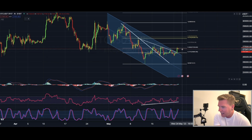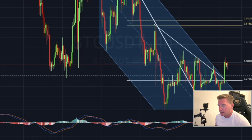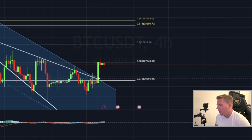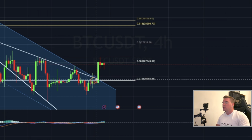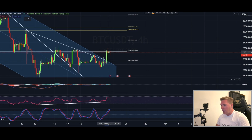I did it quite late, I must admit, because yesterday when we got this rejection down here, let me actually zoom in here a little bit. Yeah, so when we got this rejection, I was quite hesitant to see if we still see another move here to the downside before we break out, or directly break out. And then overnight, while I was sleeping, we broke it to the upside. So I took a position a little bit higher than where we are right now, around